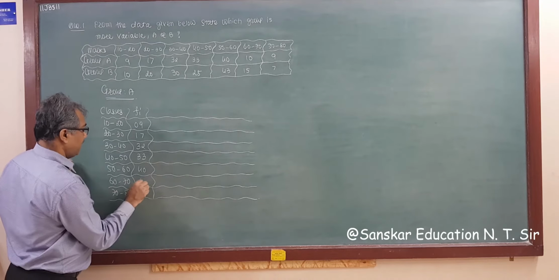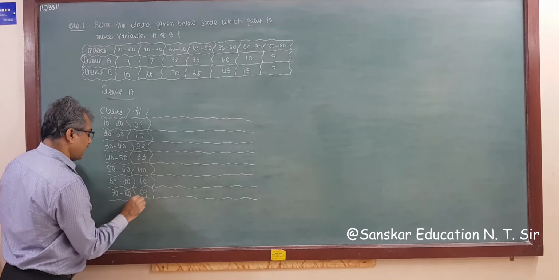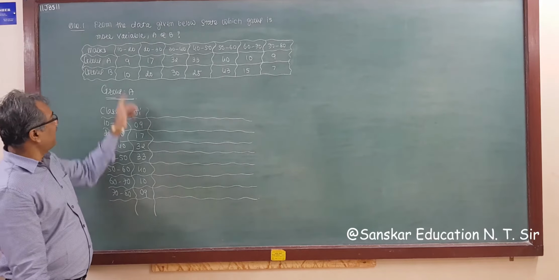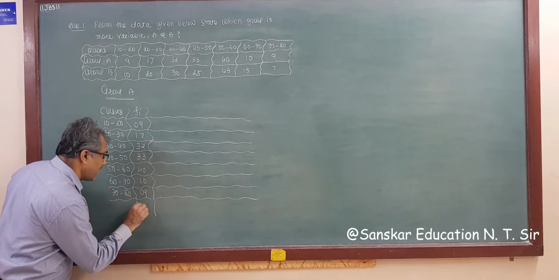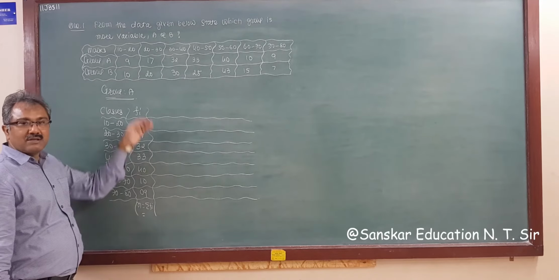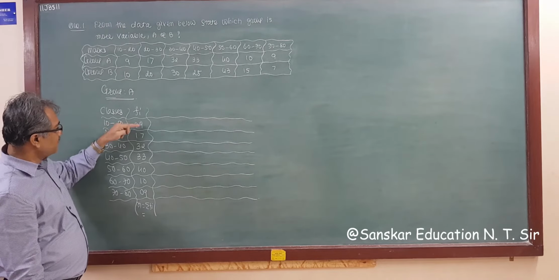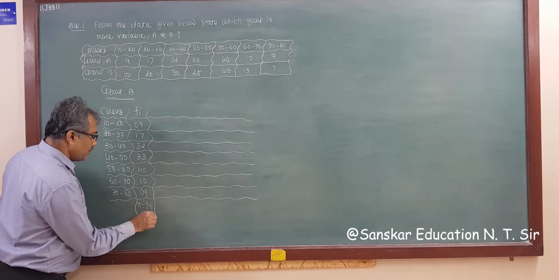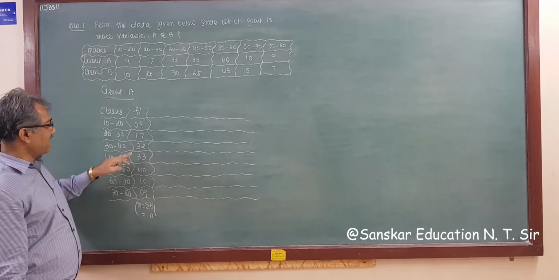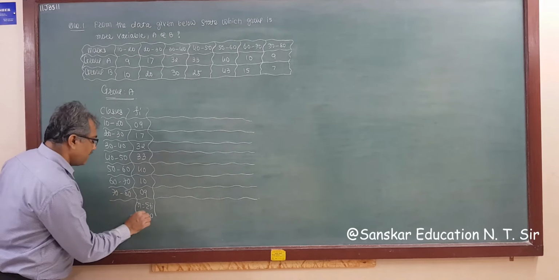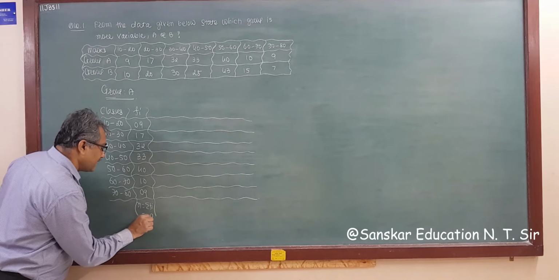40, 10, and 9. Now you know n is equal to sigma Fi. So as usual, n is equal to sigma Fi, the sum of all these frequencies. So 16, 18, 21, and 30. So 0, there is a 3 carry, 4, 7, 10, 14, 15. So the sum of the frequencies is 150. That is, n is 150.